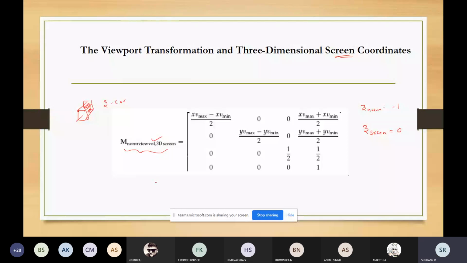The lower left corner of the viewport will be at the position x viewport minimum, y viewport minimum, and 0. So this is at the lower left corner of the screen area, and the upper right corner will be at xv max, yv max, and 0. This is how the coordinates will be changed, and this is the matrix using which you can get this transformation.